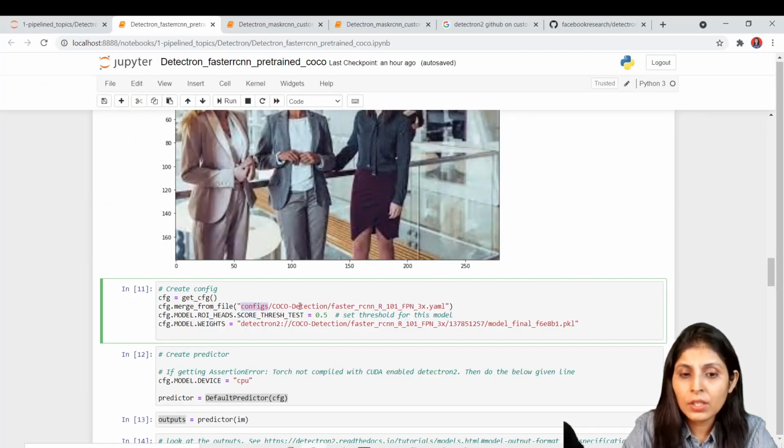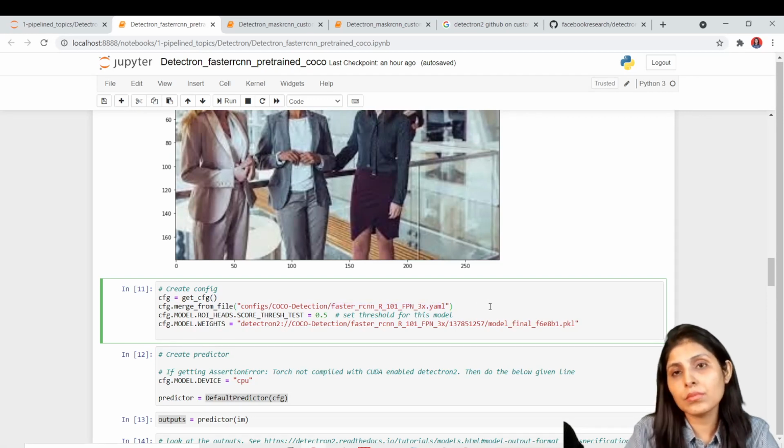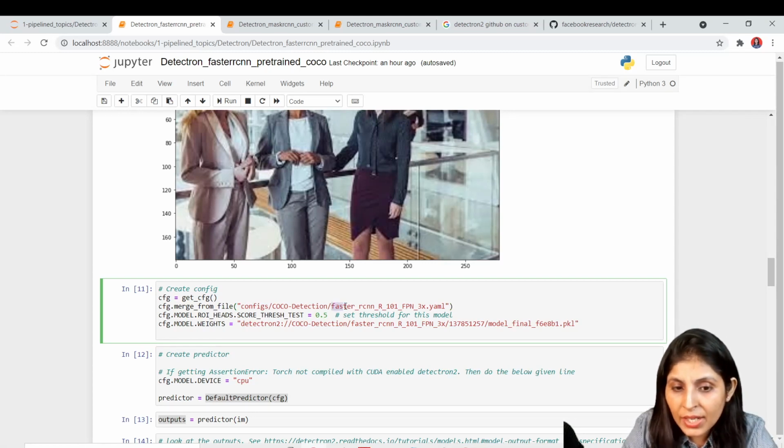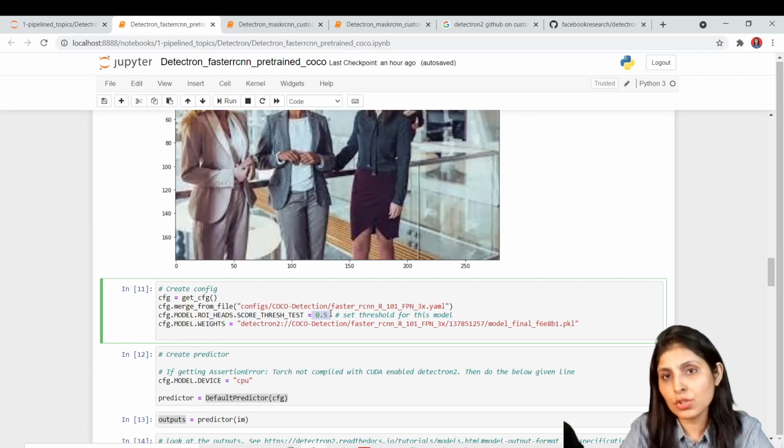From the config folder, what we want to do right now is perform detection first of all. So that's why we are going inside the COCO detection folder, and from that folder we are picking up this file. We have all these files and folders already. Okay, so for object detection we are using the Faster R-CNN model, right? And R101 means ResNet 101, and FPN means Feature Pyramid Network, which we want to use. Okay, and the threshold value we have set is 0.5, right? You can change this value to 0.6 or 0.7. This is just a threshold value, right?